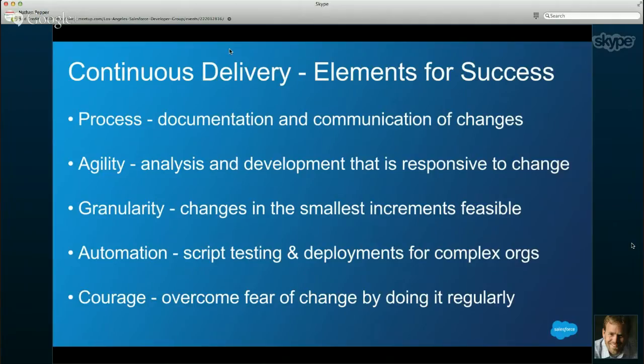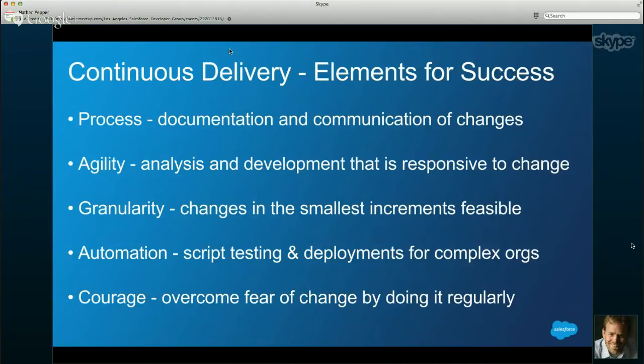And your development organization, your IT or governance organization, has to be responsive to changing and adapting quickly to changes that the users call for. So if you're used to having really long sprints or long development cycles, you probably have to have a little bit of a culture change to really support this process. And also you're going to have to get used to making changes very granularly, very atomic,